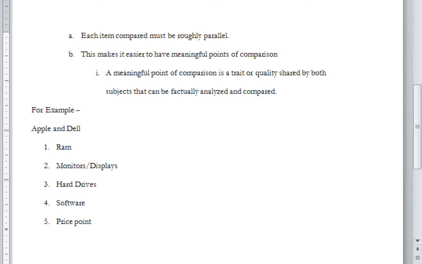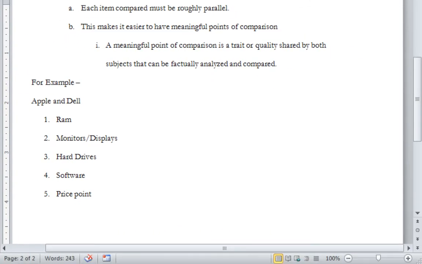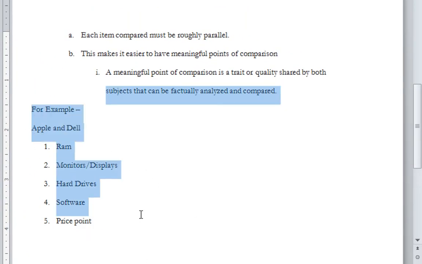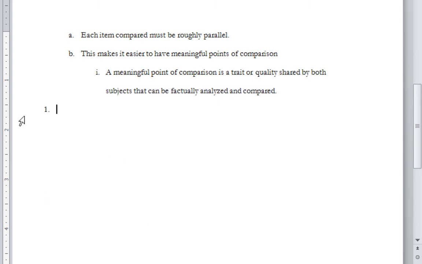So you have to have these points of comparison. Once you've established points of comparison, let's undo that. I'm going to actually delete that so that we can keep the outline format. So once you have your points of comparison, then you have to decide on an organizational principle.